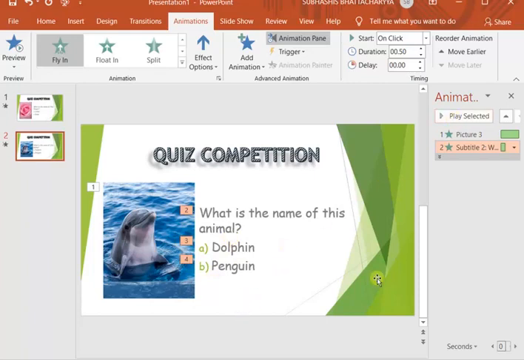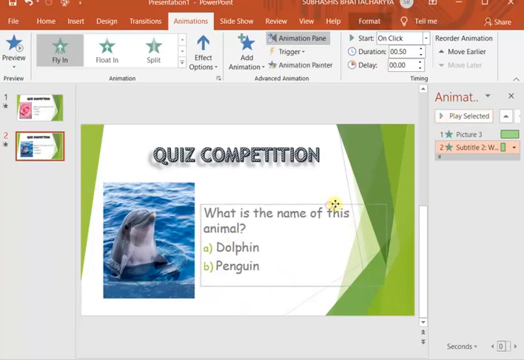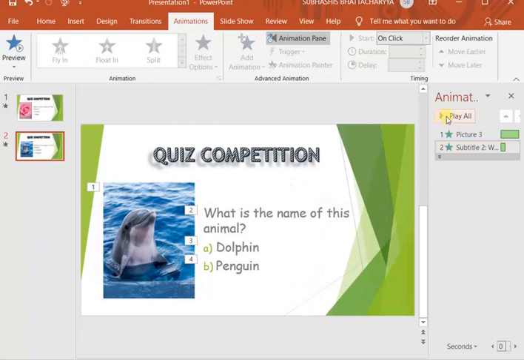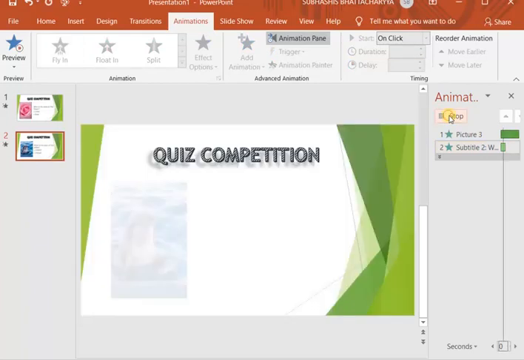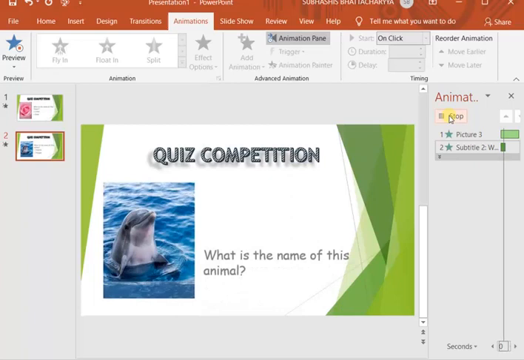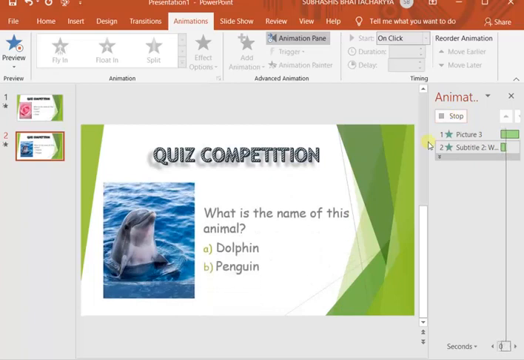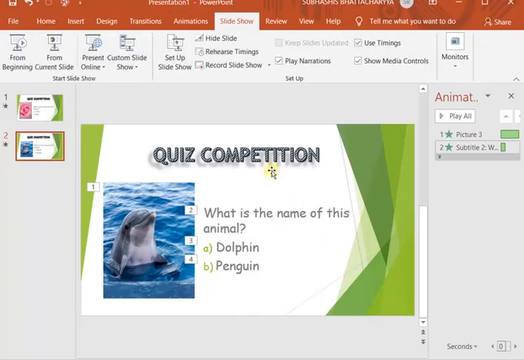So you can preview it. Click on play all from the animation pane. First the picture is coming, then the sequence of text. Now we'll once see the slideshow.